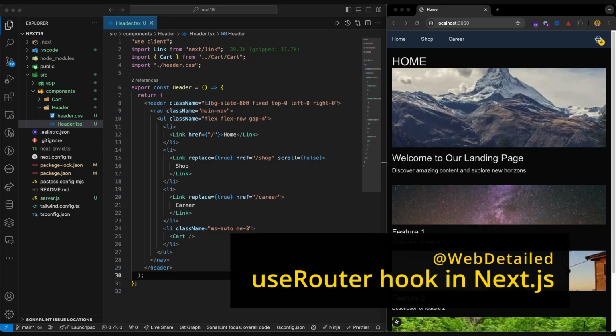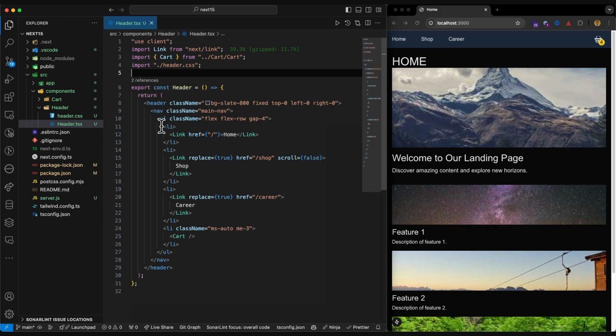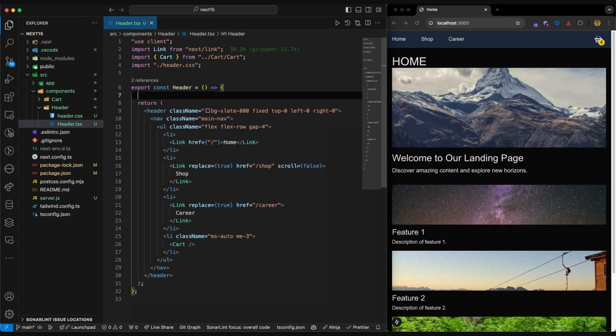This video is about the useRouter hook. And if you remember, the last video was about the link component. Now the useRouter hook is going to perform almost everything that is possible via link, but in a programmatic way. So there might be some cases where you cannot use link, but you want all the link's functionalities, such as